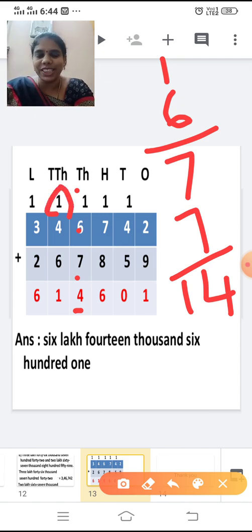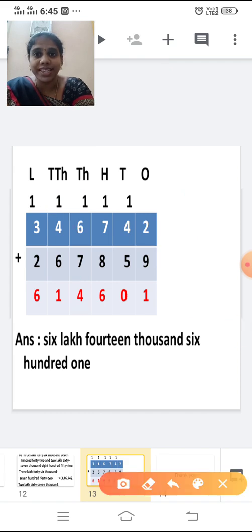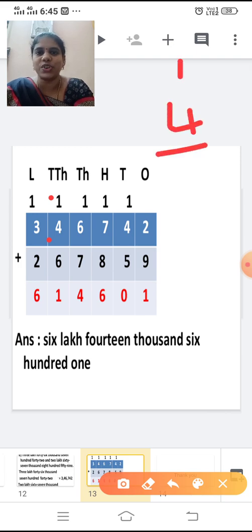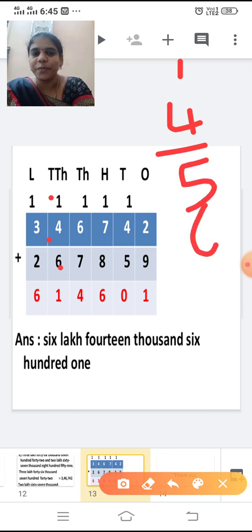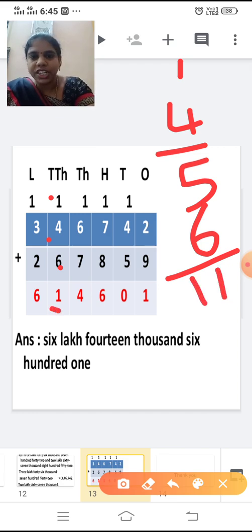Now shall we add the 10,000 place? 1 and 4. Add 1 and 4 and tell me the answer now, children. 4 plus 1, 5. Very good. With this 5, I'm going to add 6 more. I'm going to keep 6 in the mind, 5 in the finger. After 6, I'm going to add 5 numbers. 7, 8, 9, 10, 11. So 1 I'm writing it here. 1 I'm carrying over to the next place, lakhs place.